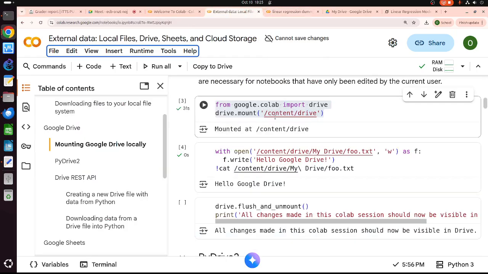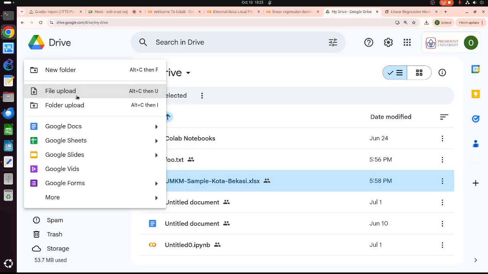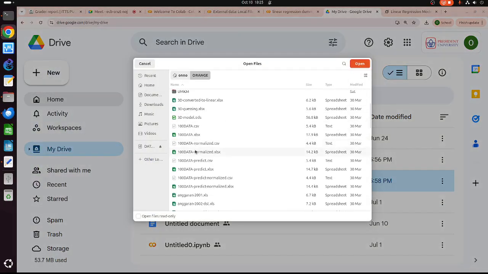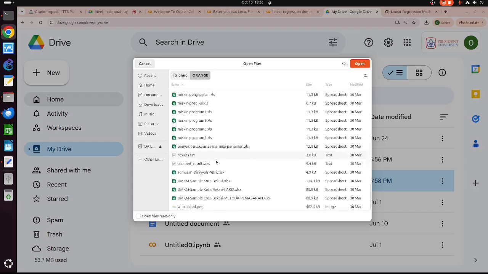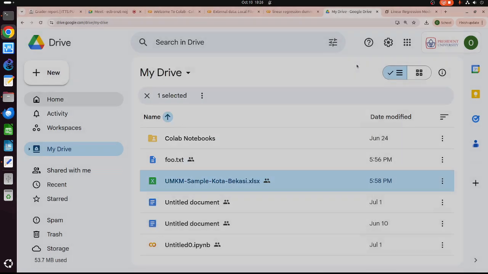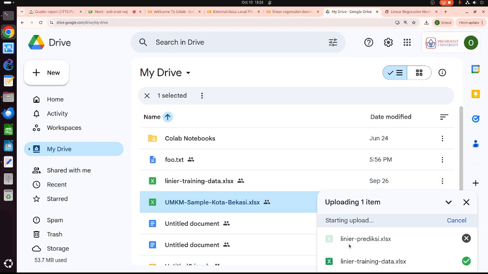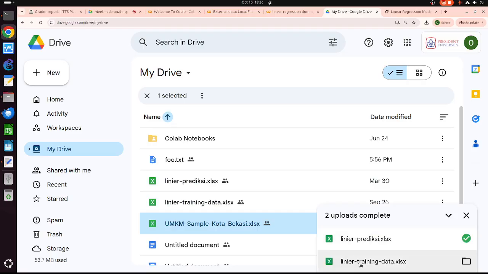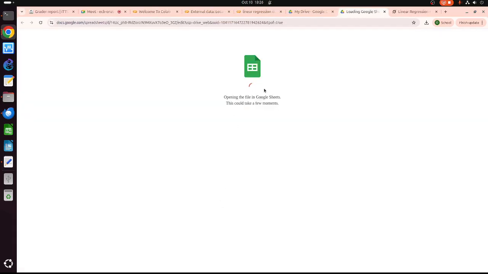Now we need to make sure we can read my data. So my data is this one. Oh, sorry, I have not uploaded my data, so I have to upload my data first. File upload. Okay, this is Orange already. So I have to upload the linear. Where is it? Linear. Okay, these two. So I upload the training data as well as the prediction data. But for the first run, I will use the training data first. Okay, this is the actual data. This is the training data.